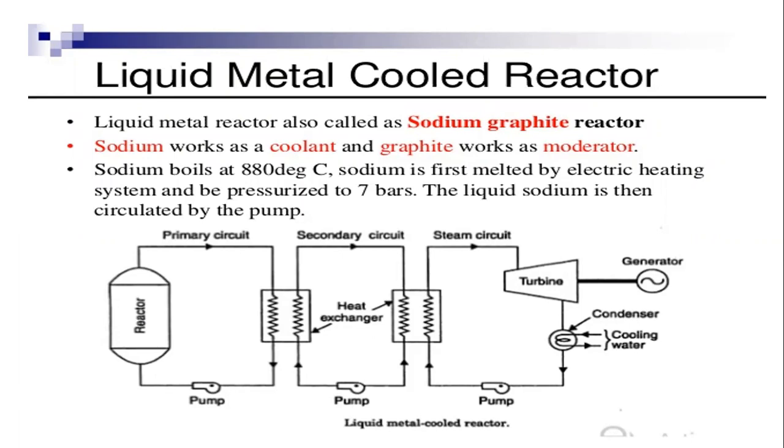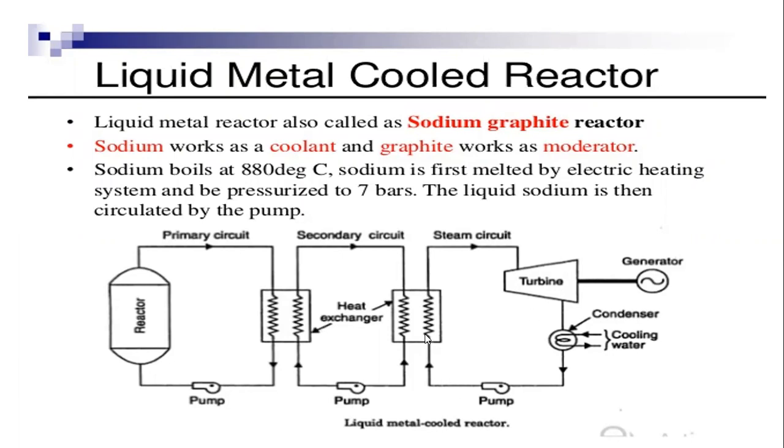Sodium is circulated through the reactor core and then the intermediate heat exchangers. These are the intermediate heat exchangers where the heat from the sodium is transferred to the liquid metals, which give up the heat. Therefore, by using these two heat exchangers, the radioactivity that will be obtained in that sodium does not combine with the water.